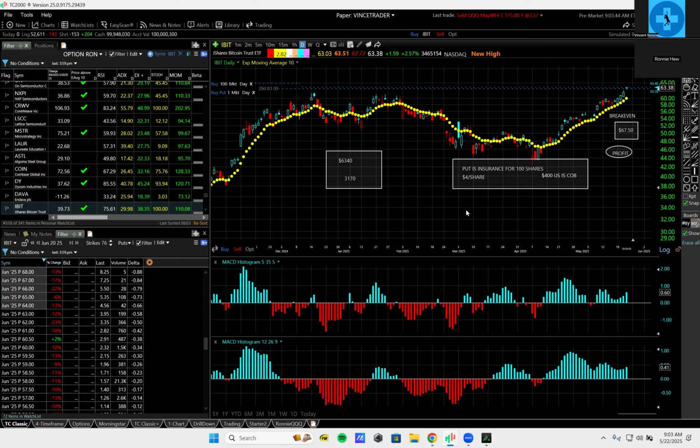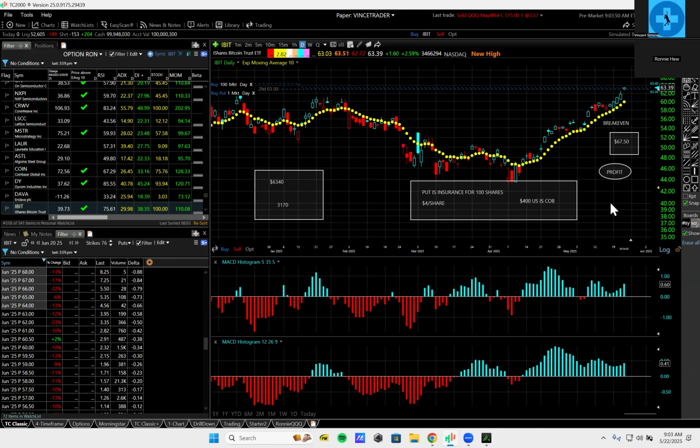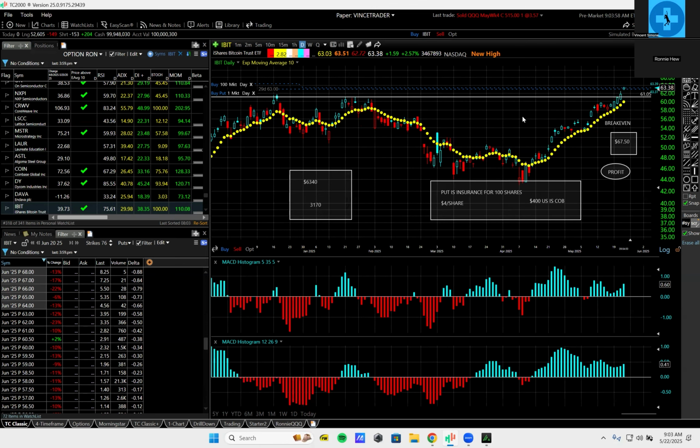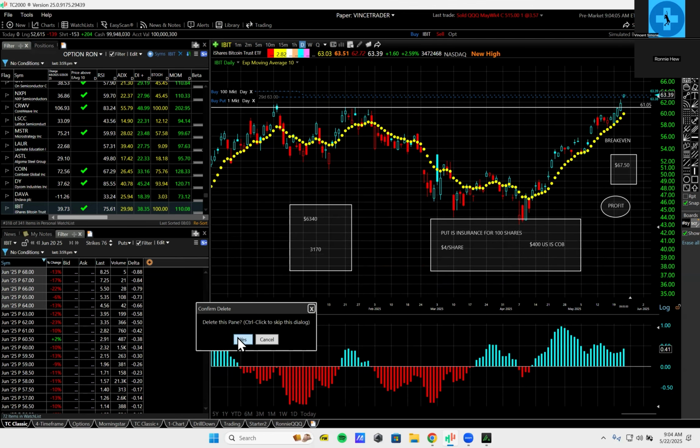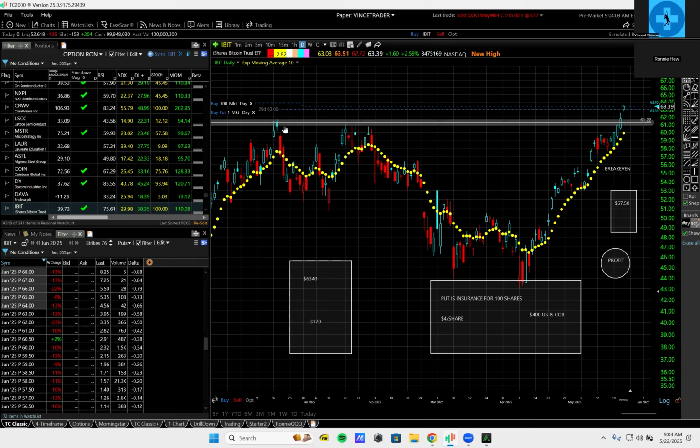Let's go forward from here. Where would the price target be? Typically price targets are at ceilings or resistance, places where prices, when they go there, they don't like it and they come back down. For example, there's a ceiling here. I'm going to take some of this stuff off. There's a ceiling here because when these candles went up to this line at $61.22, it didn't go any higher.